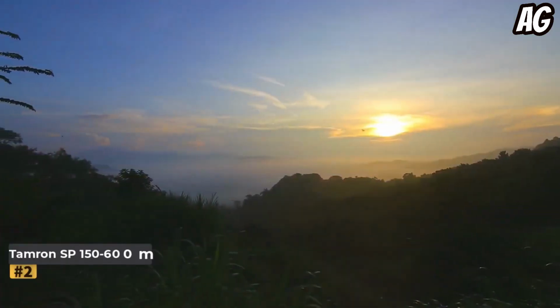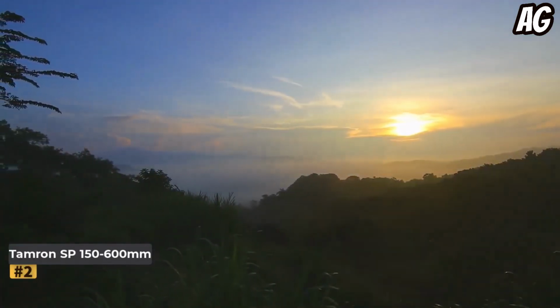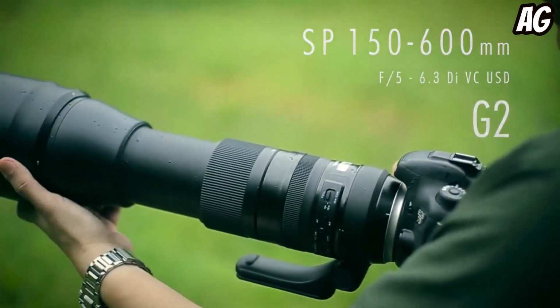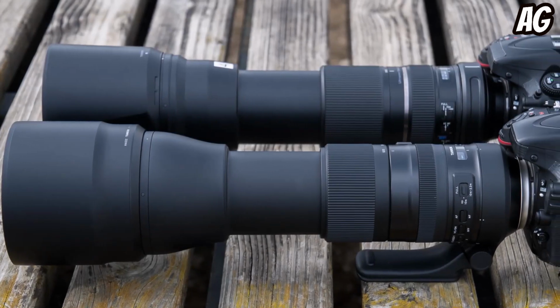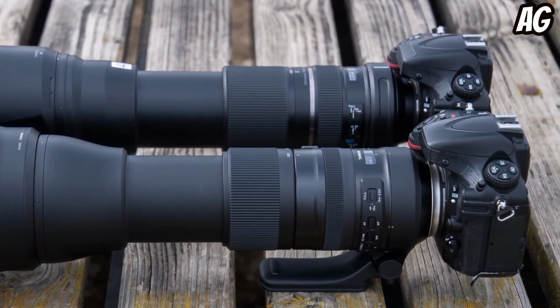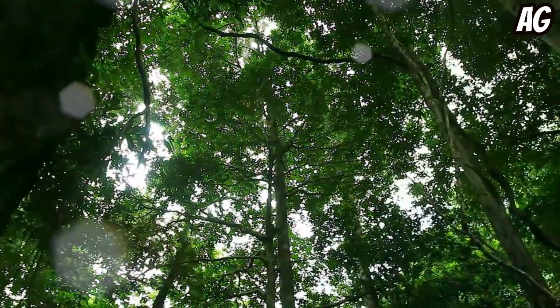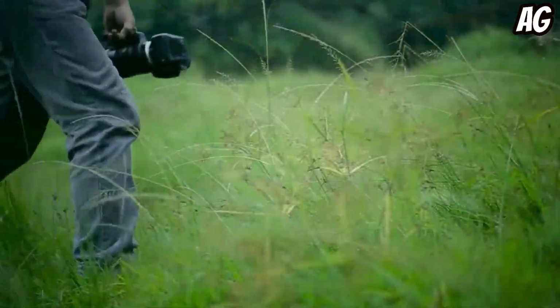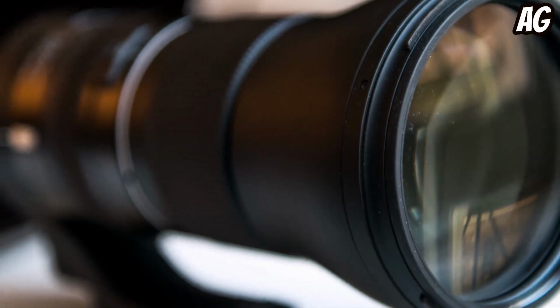Number 2. Tamron SP 150-600mm f/5-6.3 Di VC USD G2. Tamron's G2, Generation 2 edition of the 150-600mm lens represents a comprehensive upgrade across various aspects of its design, handling, and performance. With an increase in the number of LD, low dispersion elements from 1 to 3, and the